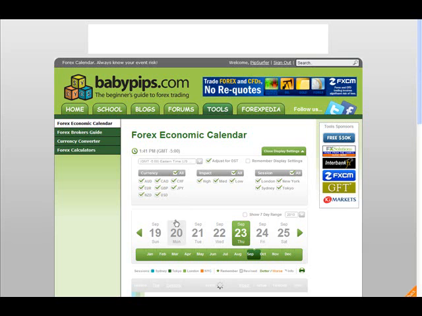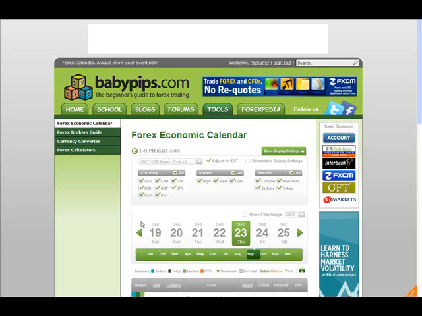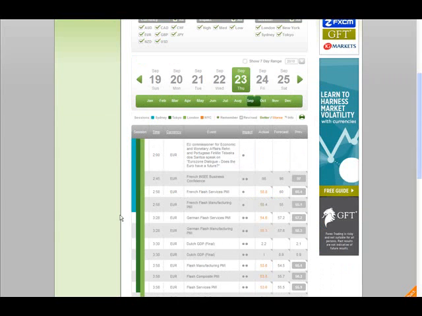It's going to automatically bring up the news events for the day, and today is the 23rd of September. And we're only looking for news that affects either the UK or the US. So under this currency column, anything that says GBP or USD, that's what we're going to pay attention to. And we only want to take a look at news that may have a potential impact on the market. So under impact, we want to make sure it has at least 2 or 3 dots. Anything with 1 dot, we're not really going to regard because it's not regarded as that important.